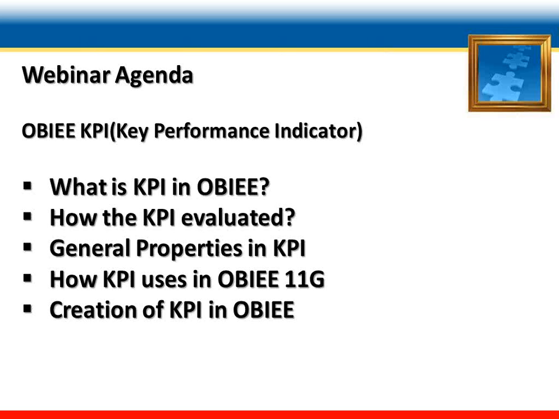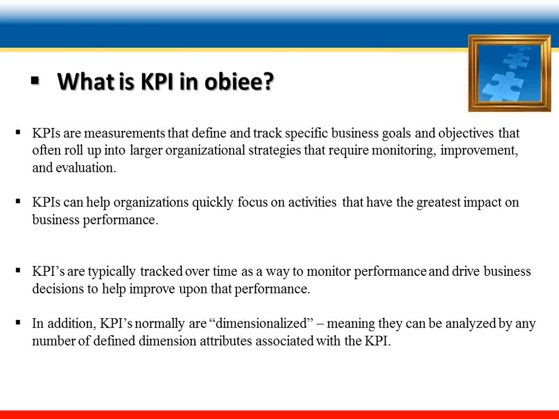So KPI is a measurement that defines and tracks specific business goals and objectives, which will be rolled up into the larger organizational strategies that require monitoring, improvements and evaluations. So the organization's strategies require improvements, evaluations, performance and monitoring. KPI is a measurement for it. It measures the performance, monitoring and